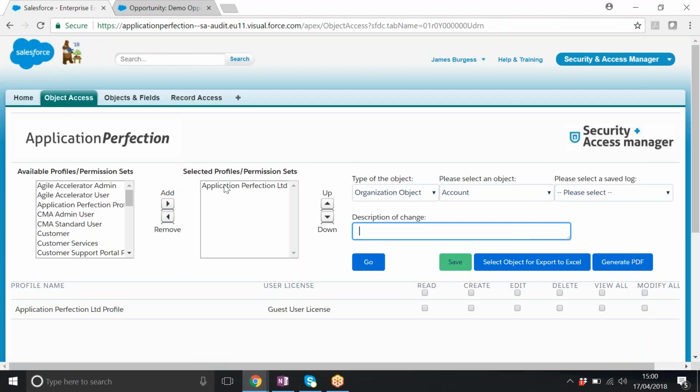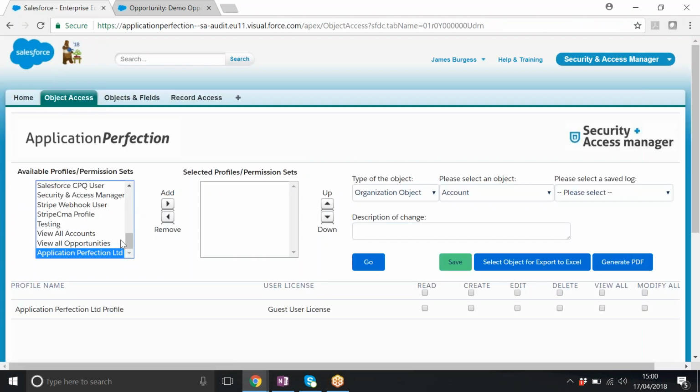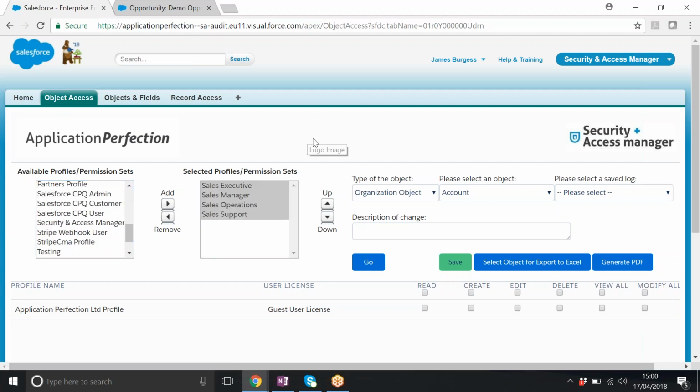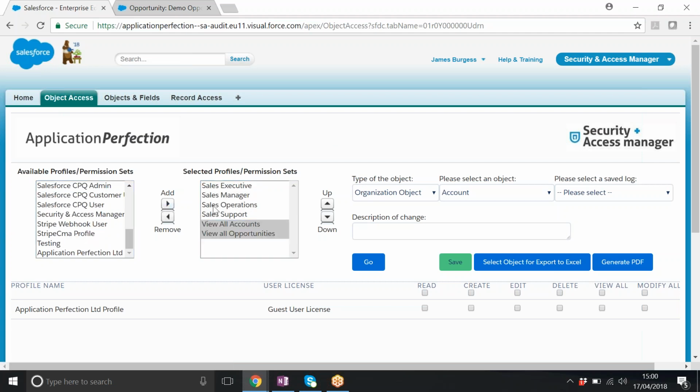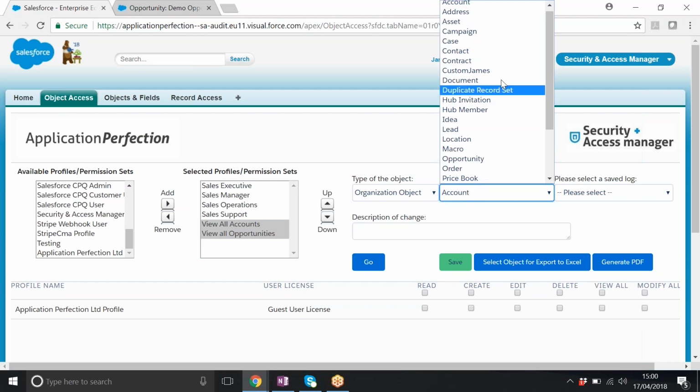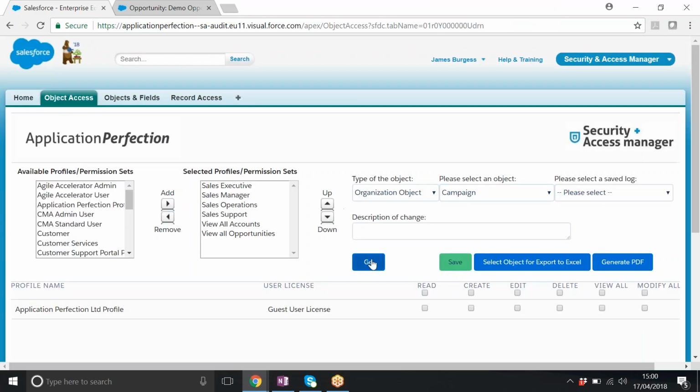So this allows you to view and amend your access to an object across multiple profiles from one screen. So I've selected some profiles down the left here. There's also a few permission sets here, so let's add those in. And I'm going to use the campaign as an example object. So if I hit go,